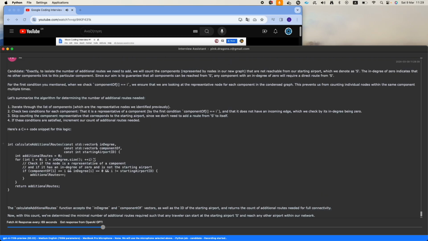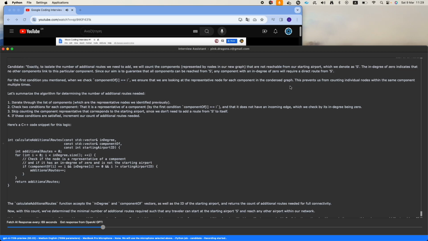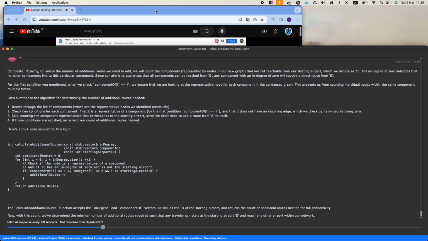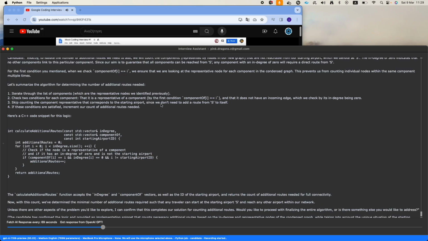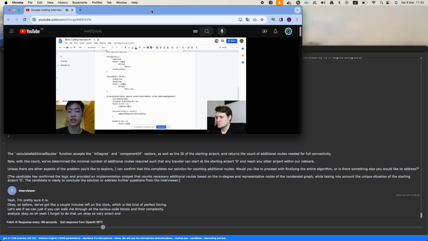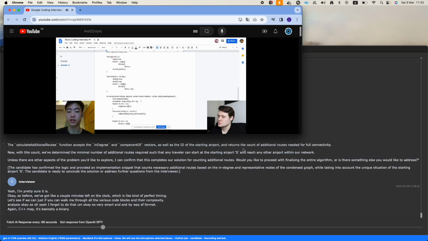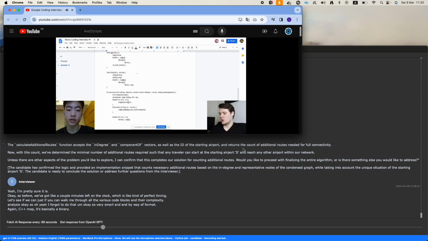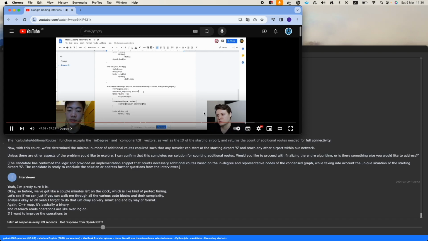Okay, so the first part, and by the way, for map, the C++ map is basically a binary search tree. Its operations are O(log n), and if I want to improve the operations to constant time, I could use a hash map, an unordered map. But I didn't really care about this, since it doesn't matter for making the solution correct. Anyway, in order to improve the complexity, I'll just use an unordered map here. Okay, so the first part, this loop